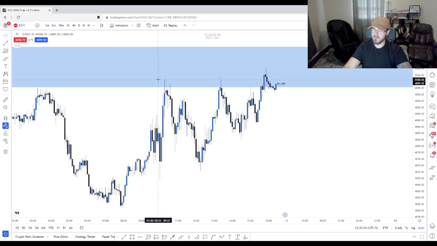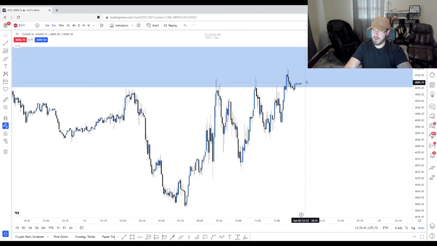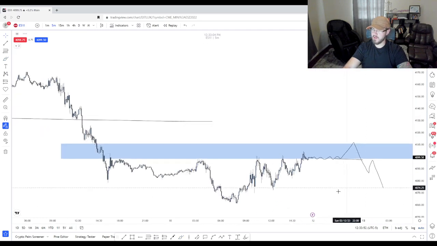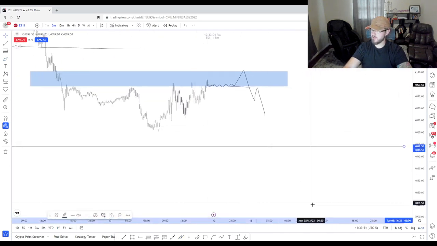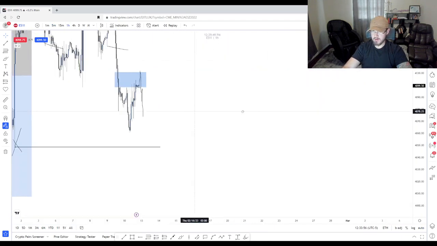So we could see a 3 drive. We came up, tapped again, tapped. So we could see that and then push down, or we could see a little bit higher. We haven't really got there yet. So what would get us there? Well, if the market opens, maybe we consolidate, move up, and then a massive push down. And that would be okay. Well, if we do that, I'm looking for this low. Just that simple,